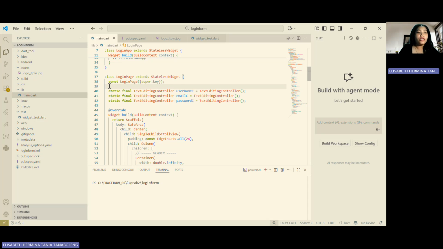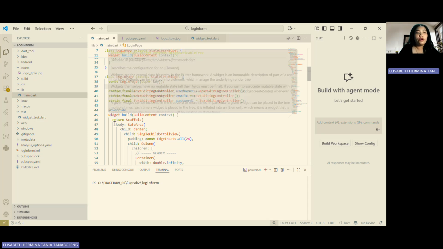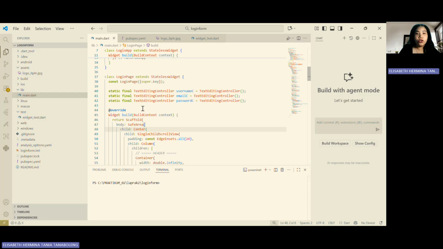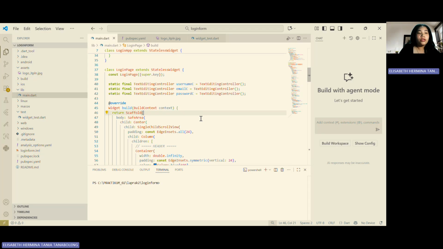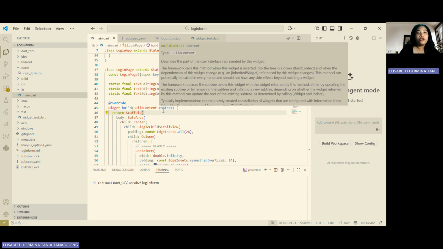Its contents are text editing controllers to handle user input: username, email, and password controllers. These controllers allow the program to access and display the values entered by the user.